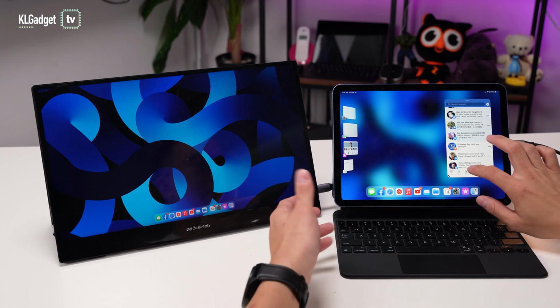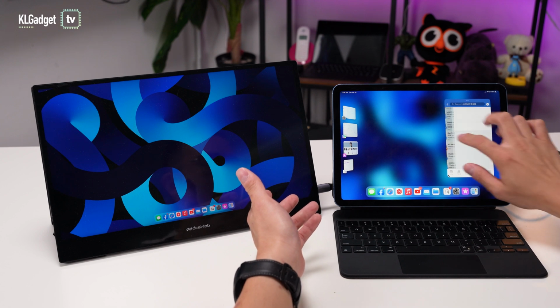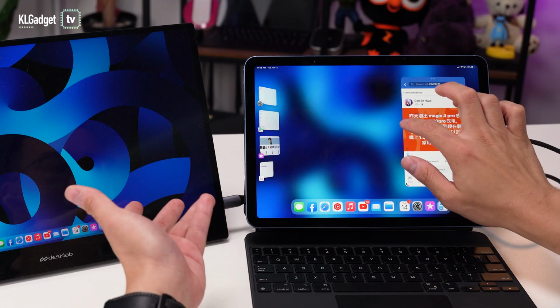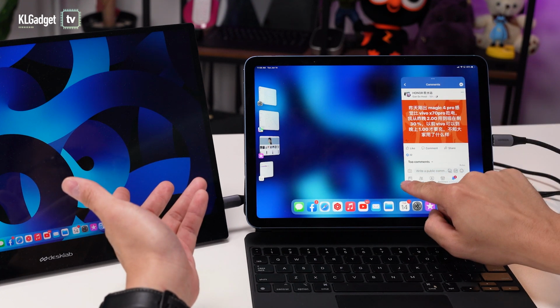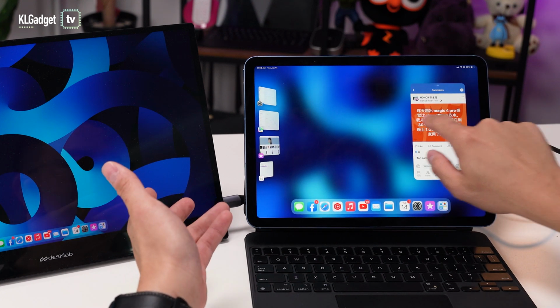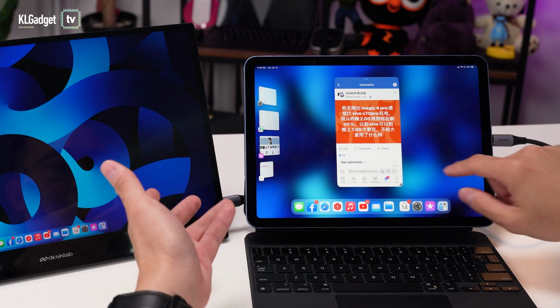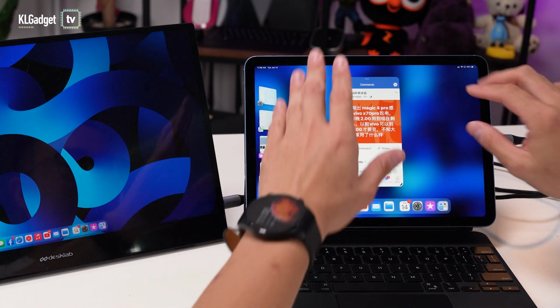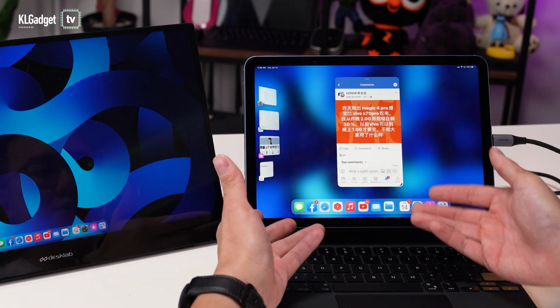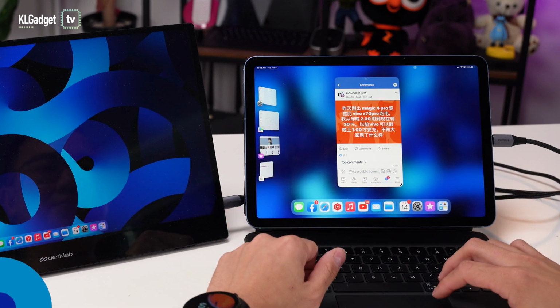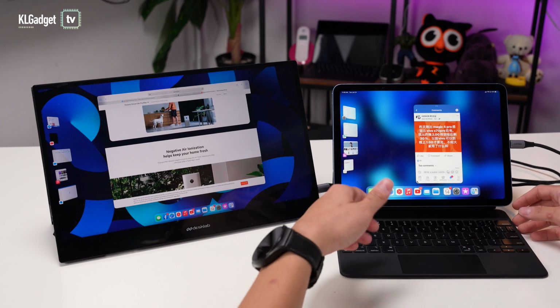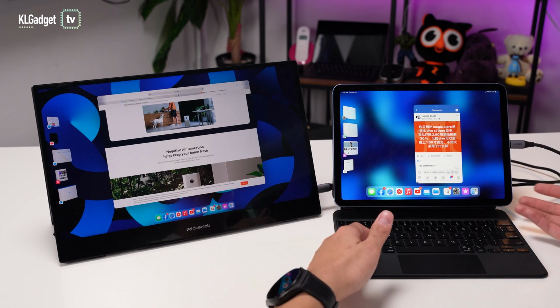definitely way faster. But as you can see, I just can't touch the edge of this window here anymore, and the only way I can do it is to touch the edge here, which to be honest is not great. And like I said, they should have just implemented gestures on windows so that I could resize the window really easily. And also Apple, since you sell the Smart Magic Keyboard alongside the iPad Air M1 and